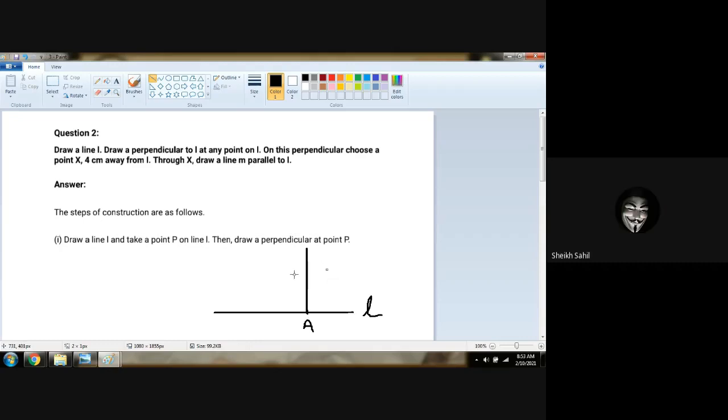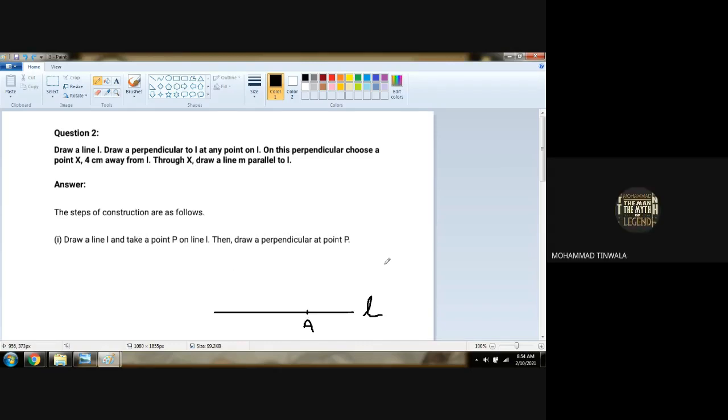to construct. And from that point, this is not the point. From L, we have to measure 4 centimeter. 4 centimeter સુધી કઈક arc આપવાનો છે, and we have to point as X here. And from this point, we have to construct line M as a parallel to line L. See, it is written like this. Through point X, we have to draw a parallel line M to parallel line L. These two lines should be parallel. Is that all clear? What is the construction we have to do in this?